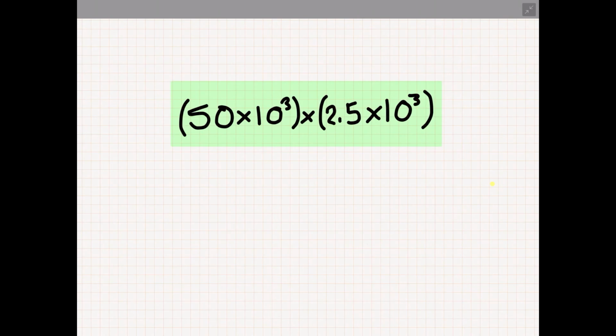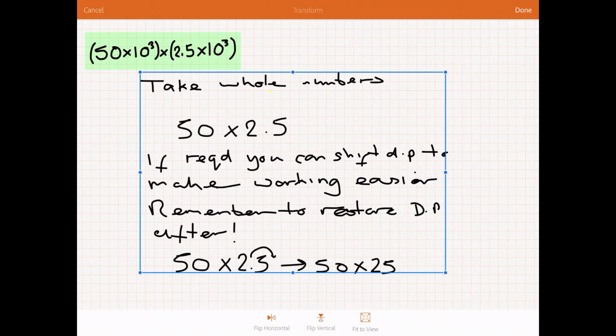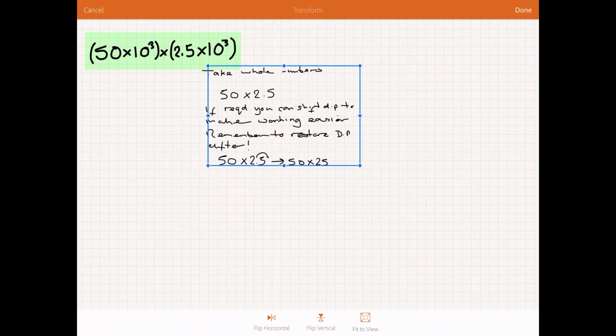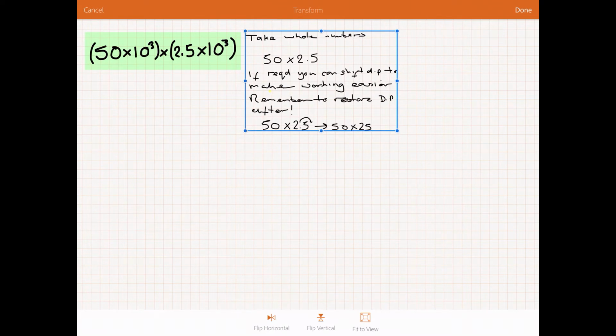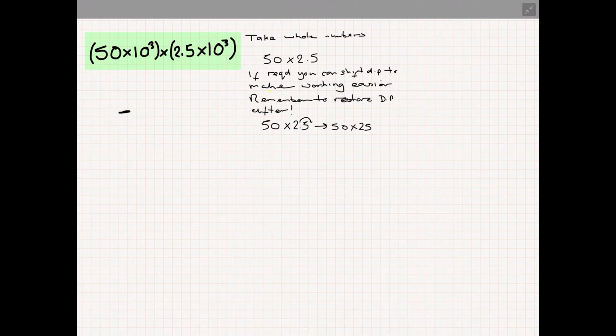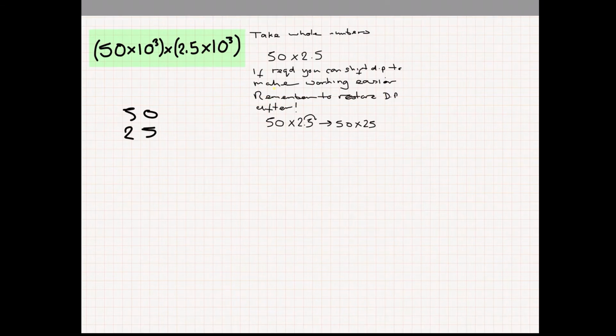In this video, we'll take a simple sum and then we'll express the answer in standard form or scientific notation. Only one digit is placed to the left of the decimal point, and that digit value is only between 1 and 9. So, to process this sum, 50 times 10 to the 3 multiplied by 2.5 times 10 to the 3. We take the whole numbers first, the 50 and the 2.5, and we simply, in this case, multiply the